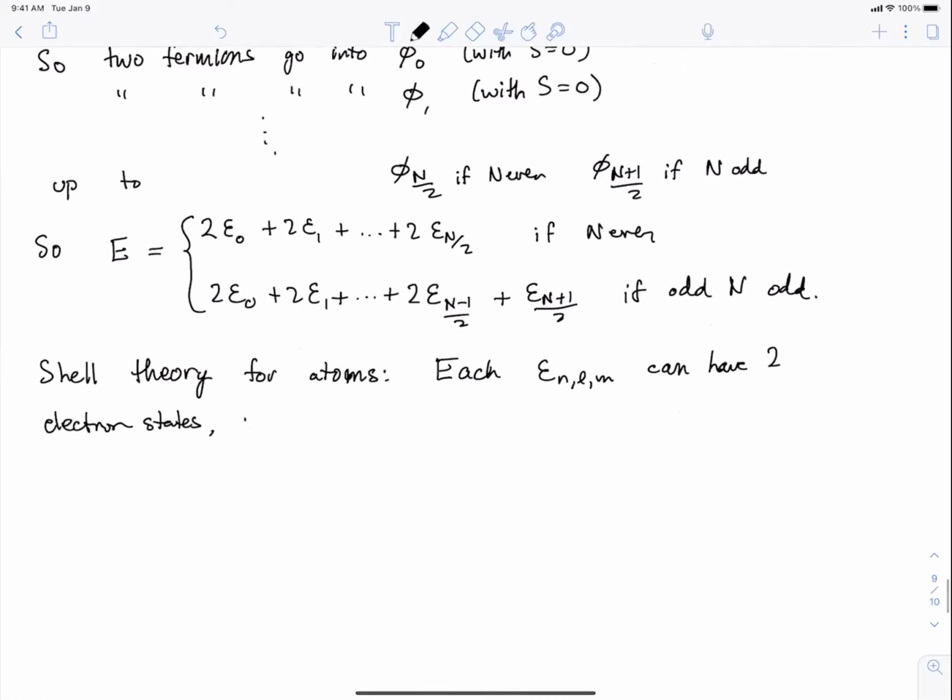And so neglecting for the moment the small fine and hyperfine interactions or splittings, because they're multiplied by the fine structure constant,